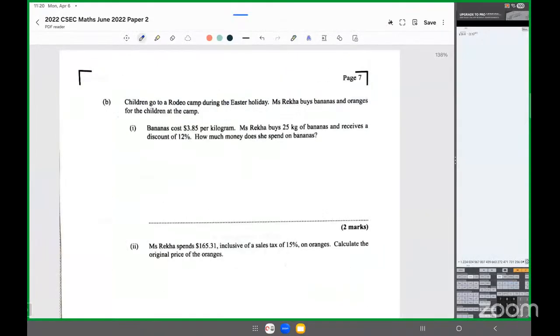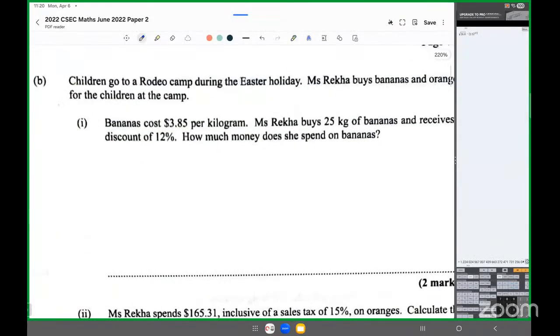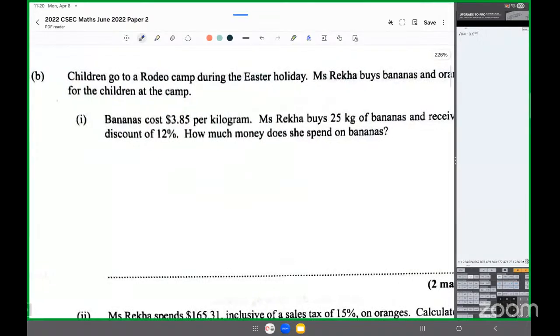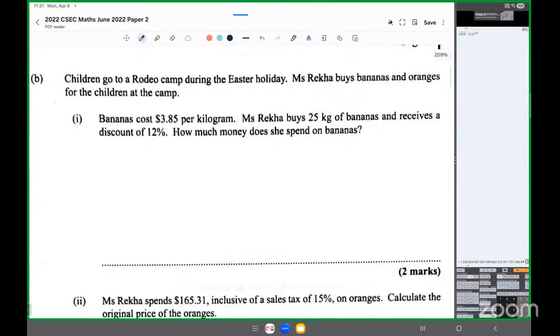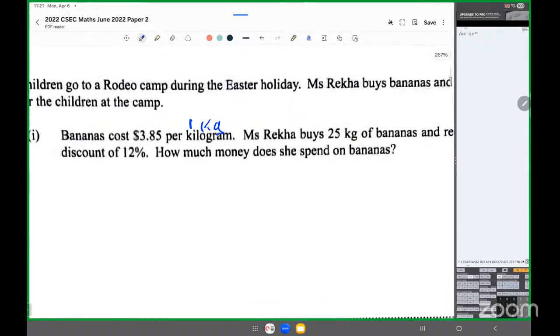So this question says, children go to a rodeo camp during the Easter holiday. It says Mrs. Rekha buys bananas and oranges for the children at the camp. It says bananas cost